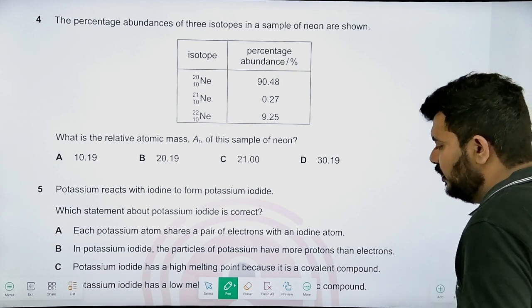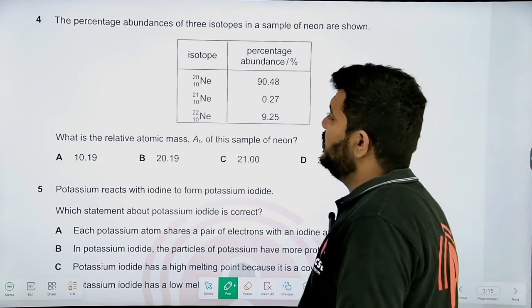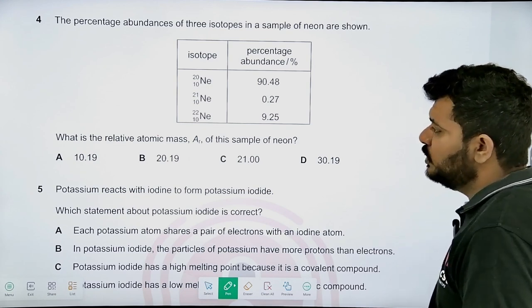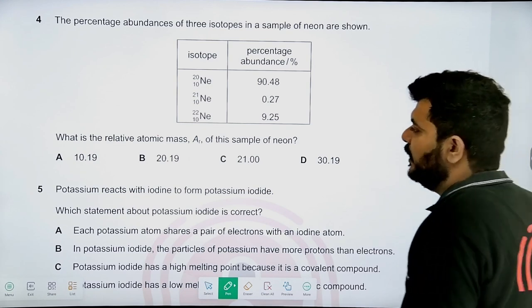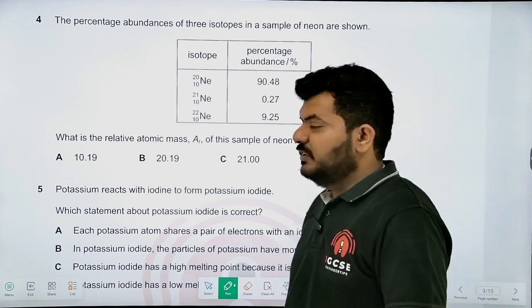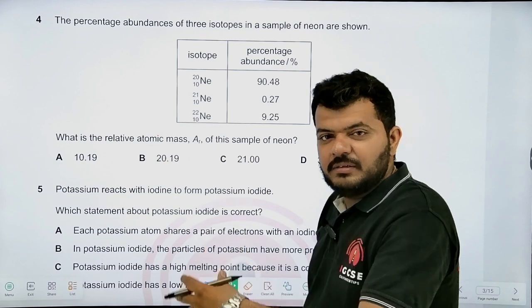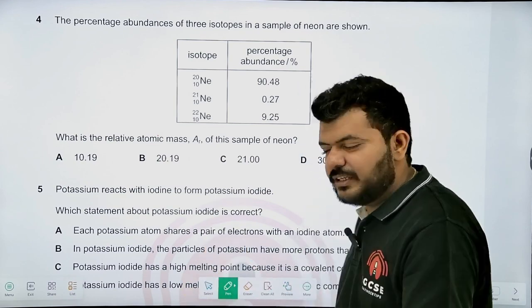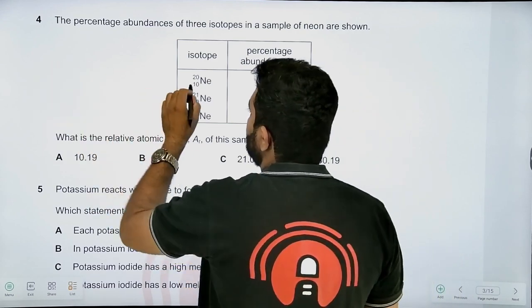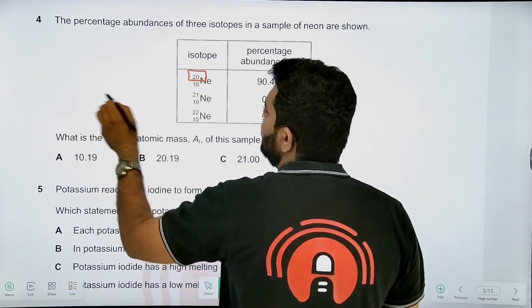Then we have question 4. The percentage abundances of three isotopes in a sample of neon are shown. What is the relative atomic mass of the sample of neon? Now what are isotopes? Isotopes are atoms of the same element with different neutron number but the same proton number. So now percentage abundance of mass 20 is